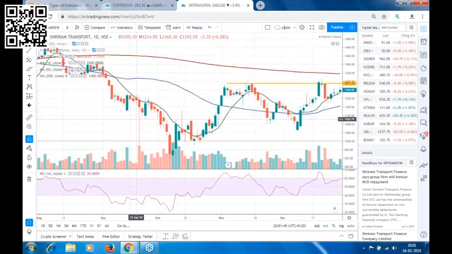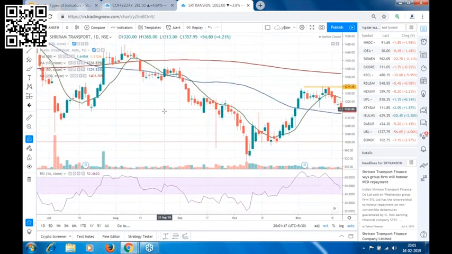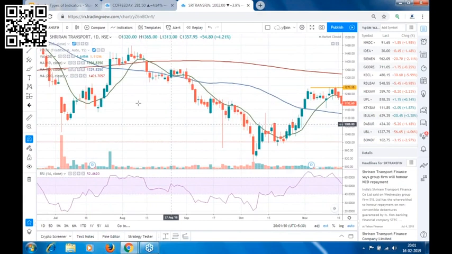Now, if we talk about trade from resistance, resistance means there is a resistance of moving average. Now, if you look at this part, your stock is taking a resistance from 50 moving average. Also, there is a resistance of 10 period moving average on top, and above that there is 50 period moving average. So you can say that there are multiple resistances in this stock.